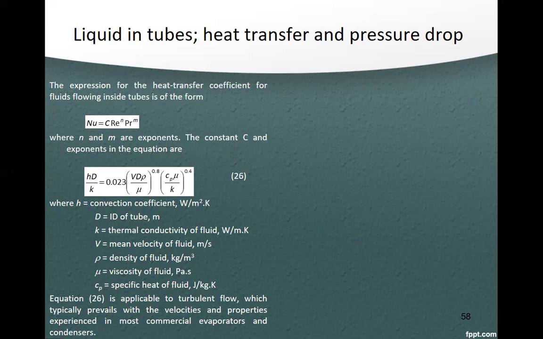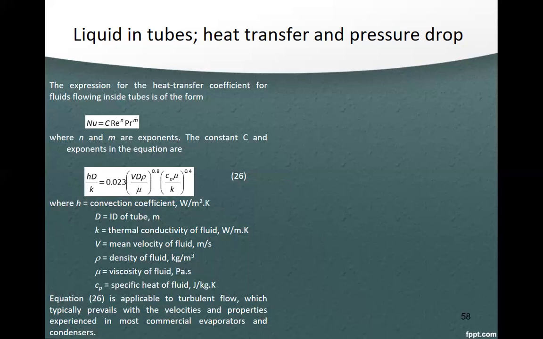Where n and m are exponents. The constant C and exponents in the equation are hD over k is equal to 0.023 times (D V rho over mu) to the 0.8 times (Cp mu over k) to the 0.4, where h is the convection coefficient, watts per meter squared Kelvin,